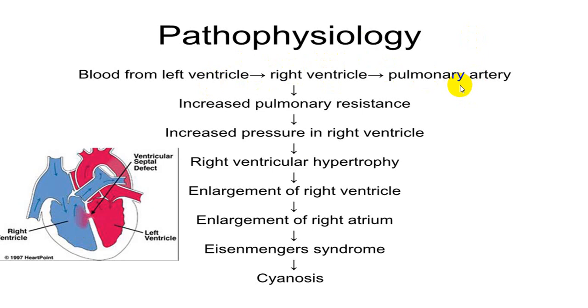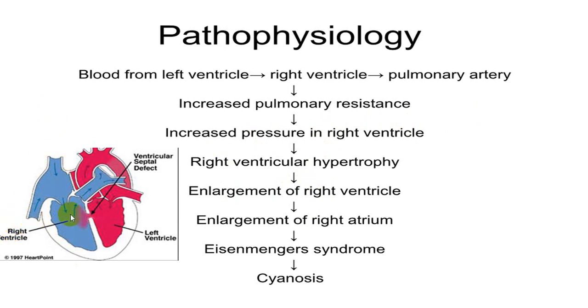Pulmonary vascular marking will be increased. There will be increased pulmonary resistance, recurrent respiratory tract infections, leading to fibrosis and increased pulmonary pressure. Because of increased pulmonary pressure, now right ventricular pressure will be elevated. Secondary to right ventricular pressure elevation, now you will have a dilatation plus hypertrophy. Dilatation is because of volume overload, and hypertrophy is because of afterload increase, or we call increase in pulmonary pressure. So right ventricular hypertrophy and right ventricular dilatation. Secondary to that, now right atrium will undergo hypertrophy, and you will have symptoms and signs of congestive cardiac failure.